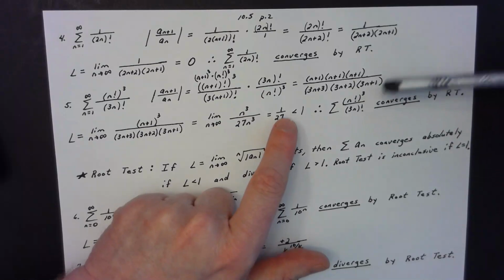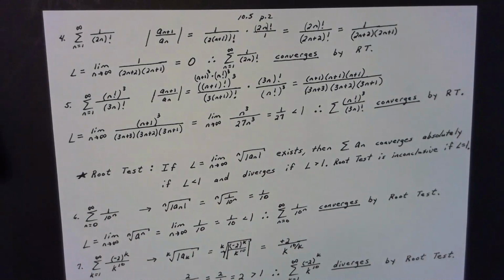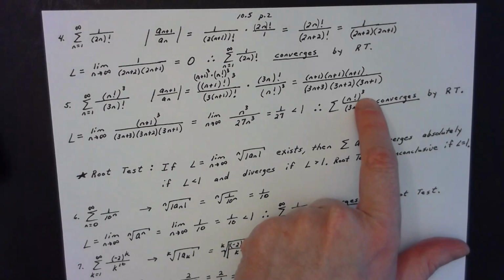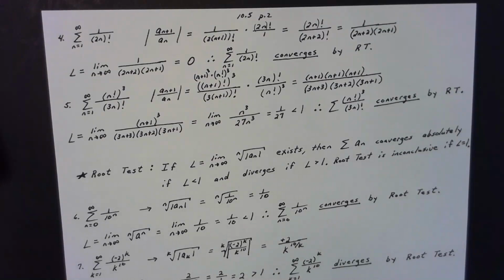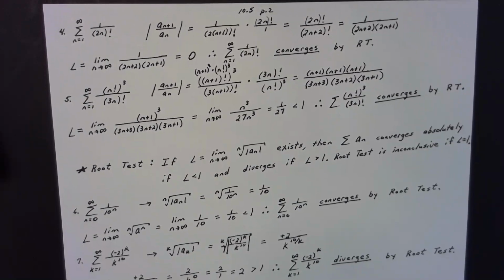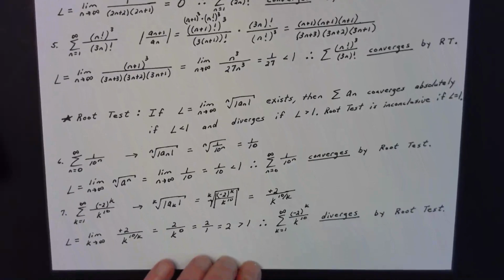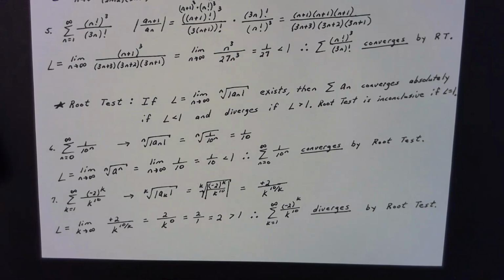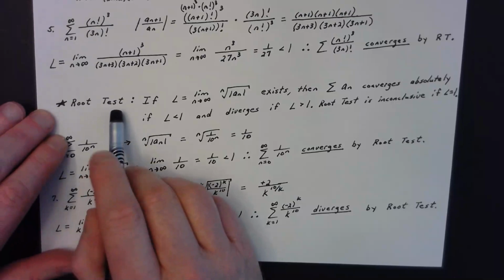So we say our series, the summation of n factorial quantity cubed over the group 3n factorial, converges by the ratio test. On a side note, this is showing that the group 3n factorial is larger than n factorial cubed, which I think is kind of cool in and of itself. Now, that's the end of the ratio test problem examples for this section. Let me look at another test, not quite as important as the ratio test, but it could also be useful. It's called the root test.